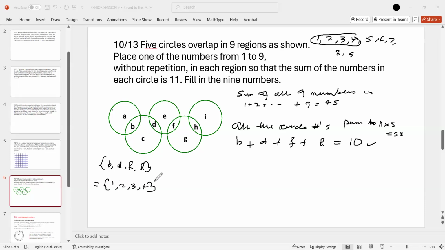Okay, so let's, we want B to be as small as possible. So let's try B equal to 2. So this will be 9. All right. Now, so what else can we say? If we